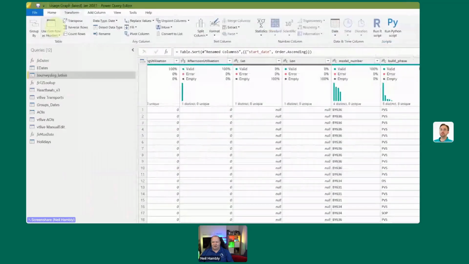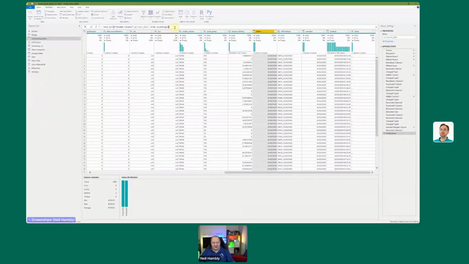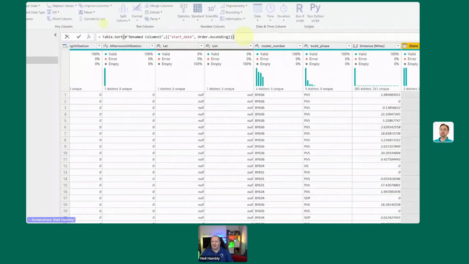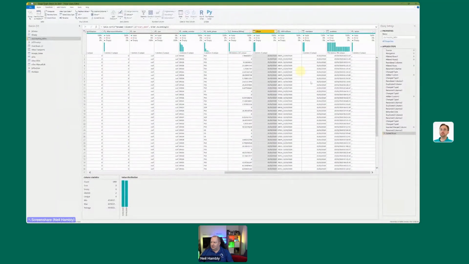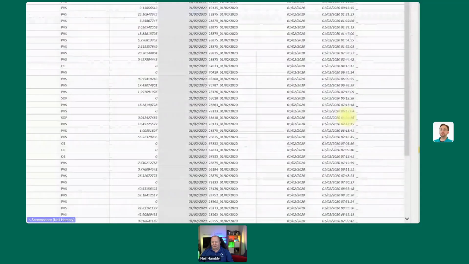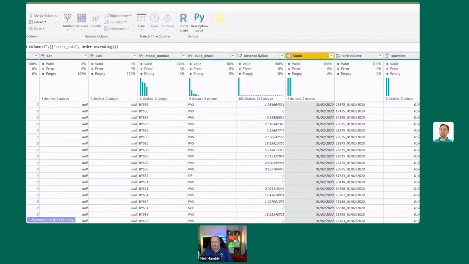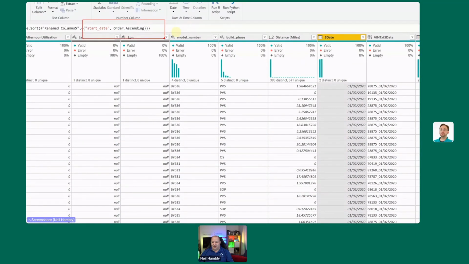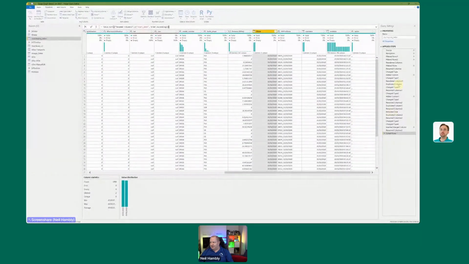We have our transforms and add columns, etc. And we have the code, and we have examples of some M query code. So in this case, I'm choosing a specific column, I think the S date. And the very last piece of code I have is to sort them in ascending order. Okay. But if we go to a previous step, let's